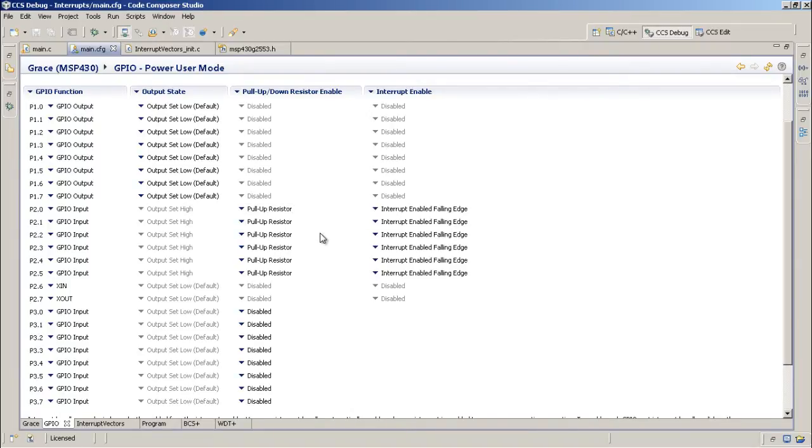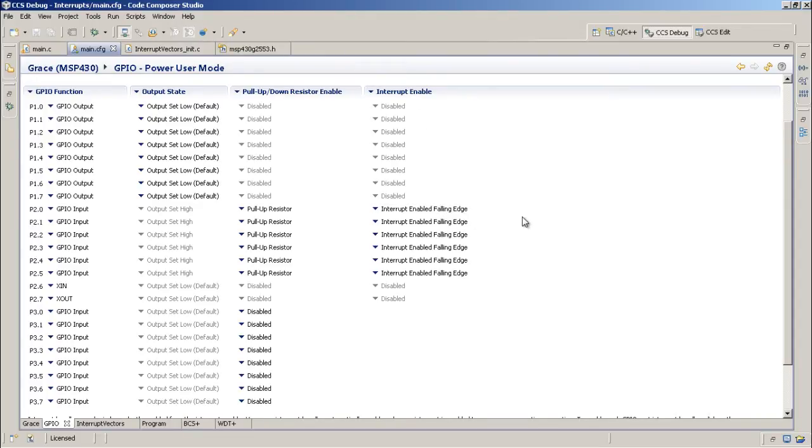You see, I told you regarding the push button, I left it for this concept. You have pulled up the register, that is the output is set high. Your port 2 pin is at logic level 1, and in the interrupt enable I have selected